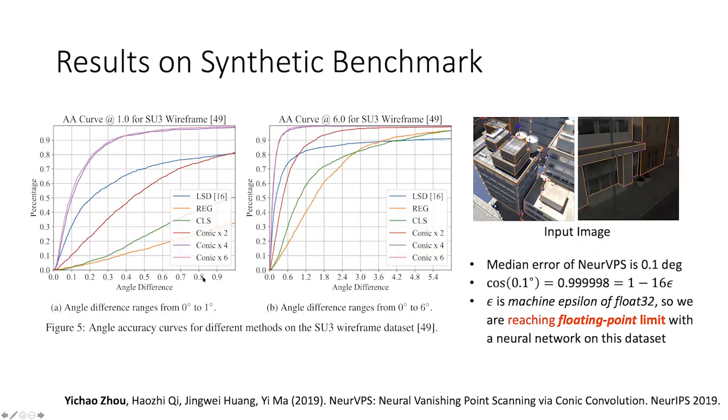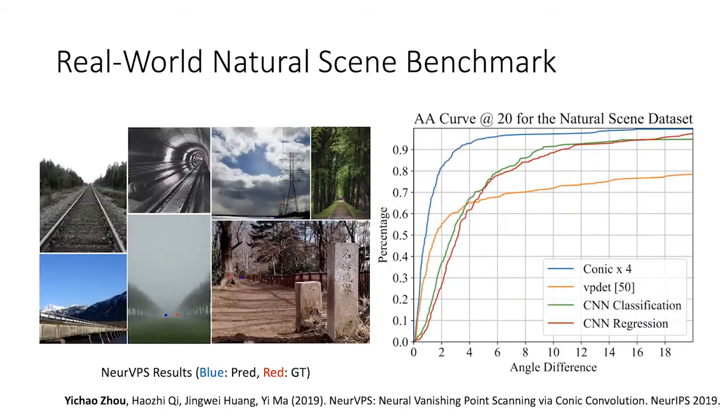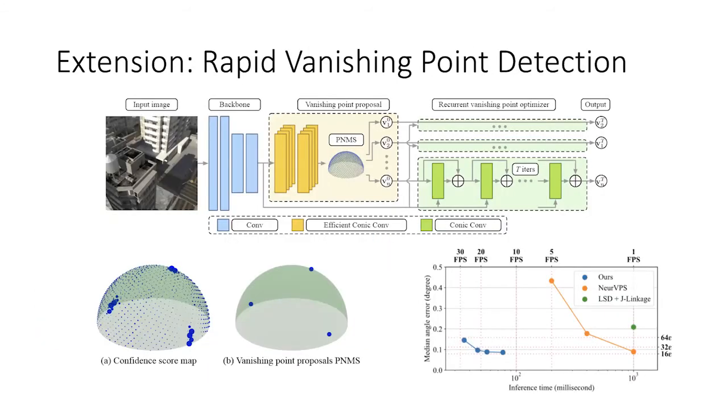Then you can see the performance suddenly jumps incredibly. You start to enjoy not just the accuracy of the traditional approach, but also the robustness of the learning-based approach. In fact, on this large synthetic city dataset, the method achieved nearly the numerical accuracy achievable by the resolution of the image, which is very surprising. Even on real images, you can see this is the classical approach and this is the learning-based one, and you get a much better combination of both. You enjoy both, and you can further make this much faster and get a very reliable vanishing point detection.